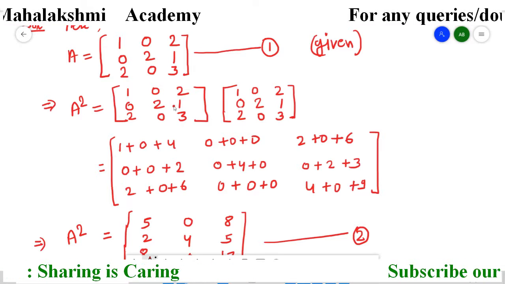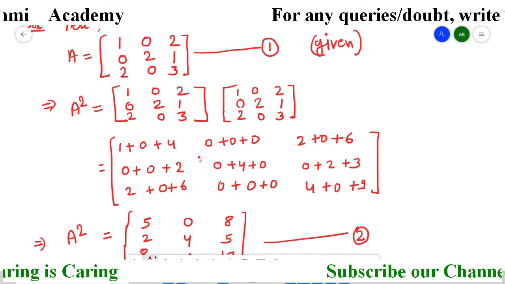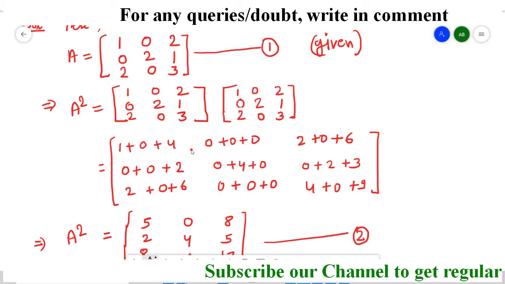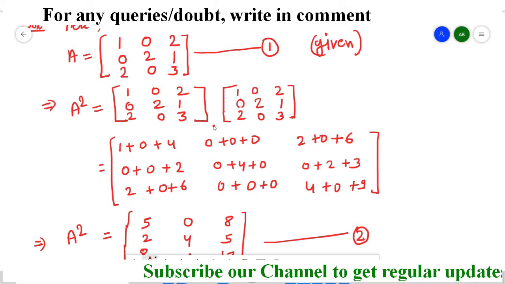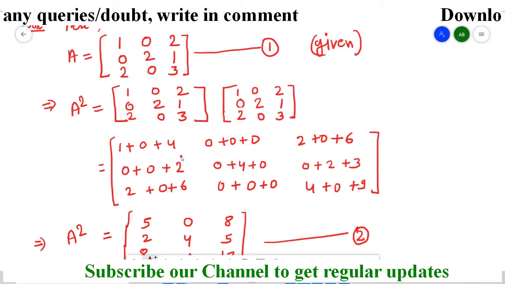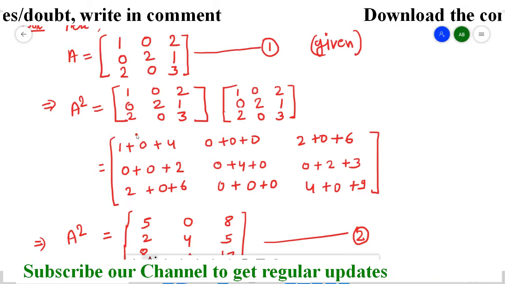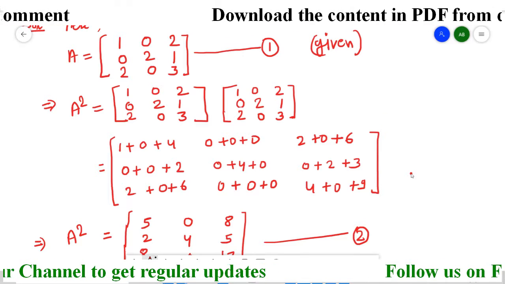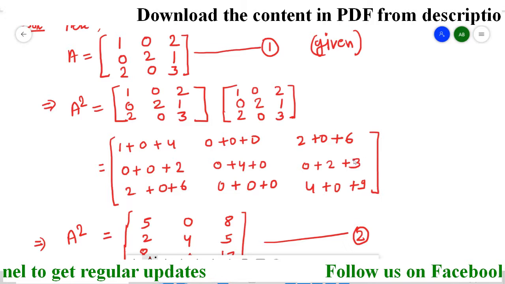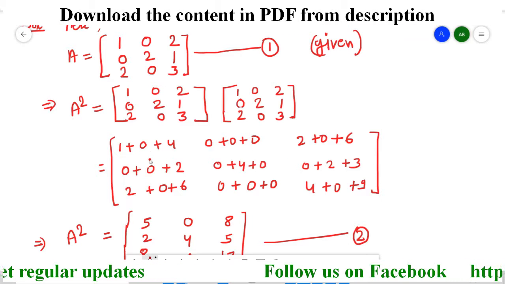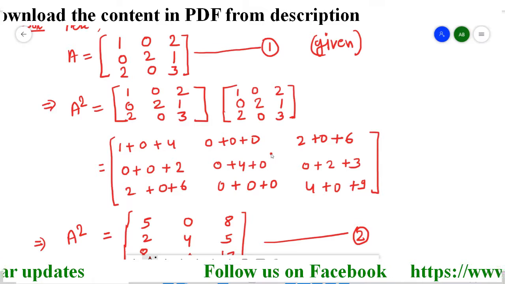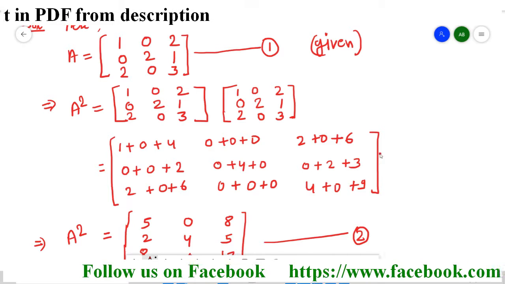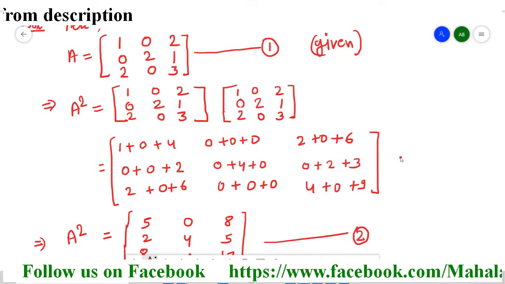Now here, students, I have started to do it in the short way. I did not write the multiplicative way as I had done in my previous videos, because the questions are going to be very lengthy if we do each and every step. So I skipped the step. Only one step I am going to write here, and I will explain how I obtained it. The remaining you can do, and in our books the examples are also done in the short way. So now I request you also to start doing it in the short way. Don't write in the multiply way. I only did that in the first few questions to make you understand.